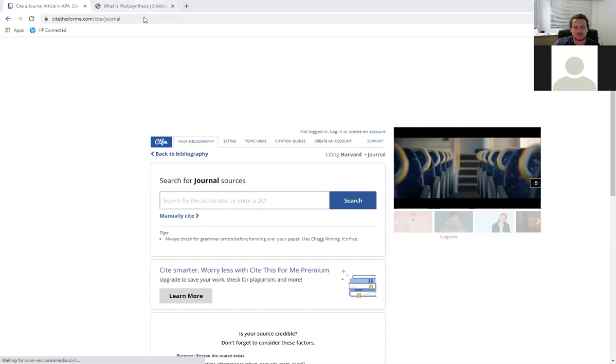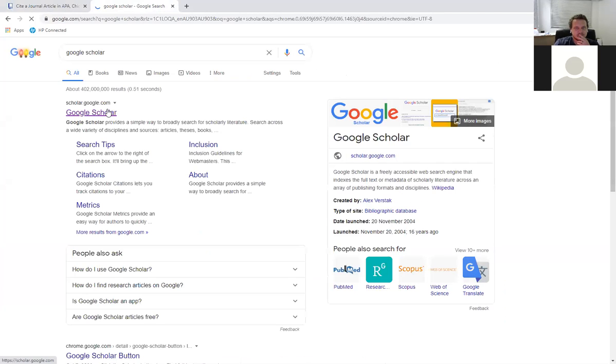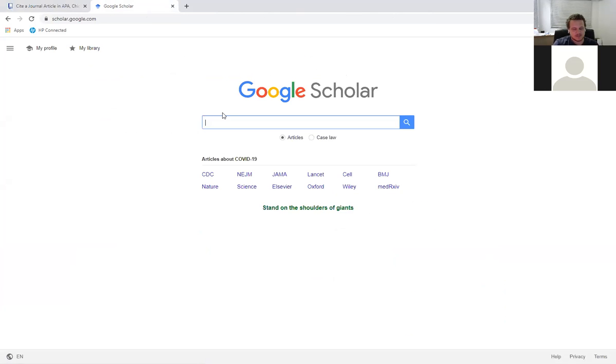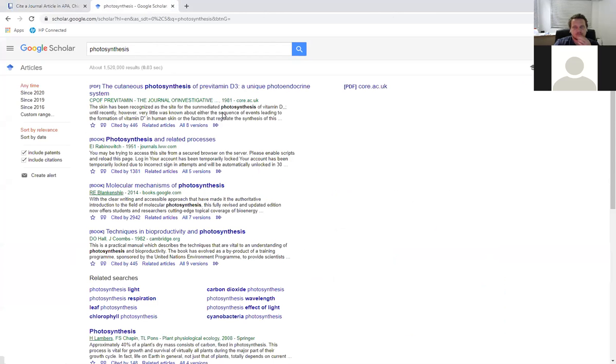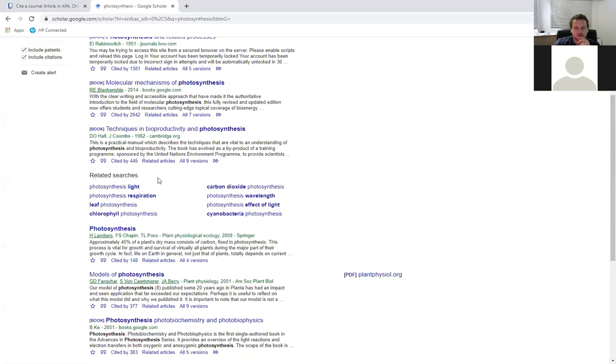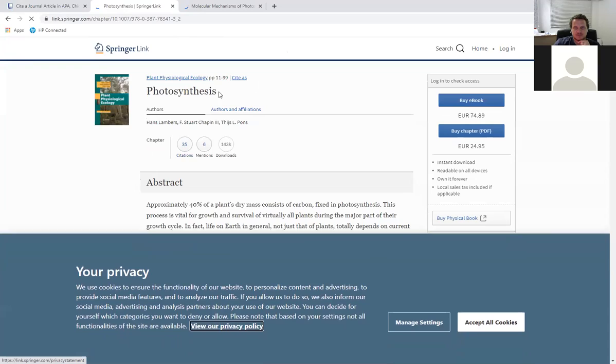Same thing. We go to Google Scholar. We type in the same thing. So now it's just giving me books. Okay, so I found my journal article that I want to reference.